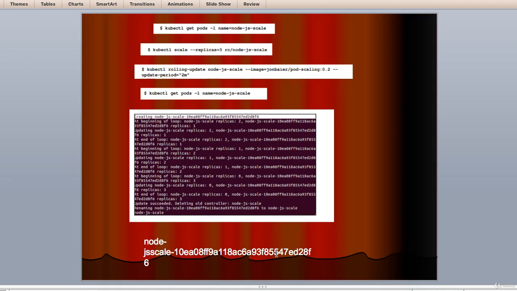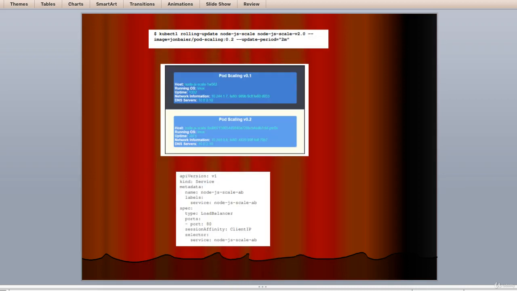Alternatively, we could have specified the name of a new controller in the command and Kubernetes will create a new RC and pods using that name. Once again, the controller of the old name simply disappears after updating is completed. I recommend that you specify a new name for the updated controller to avoid confusion in your pod naming down the line. The same update command with the new name will look as you see in the next screen, at the top of the screen.